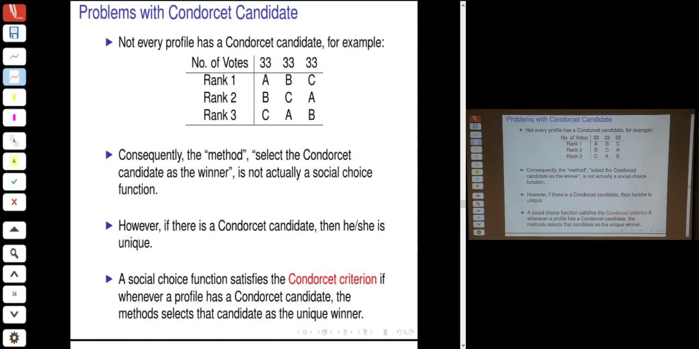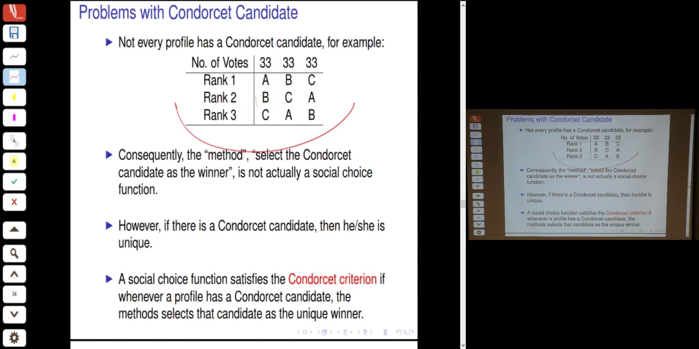So that sounds nice, but it can lead to problems. The main problem with the Condorcet method is that not every profile has a Condorcet winner or a Condorcet candidate. So let's look at this example. This is one of the examples similar to what we were discussing before, that there are 3 preferential lists and the votes are split equally 3-way. So here you see that ABC, BCA and CAB,